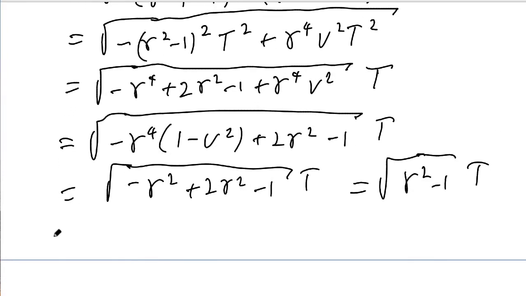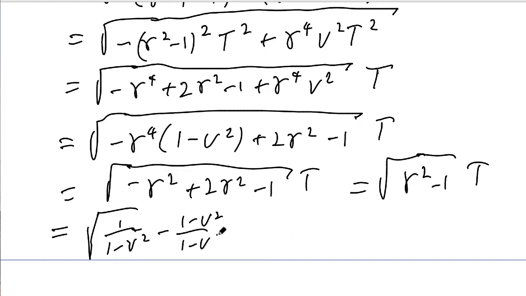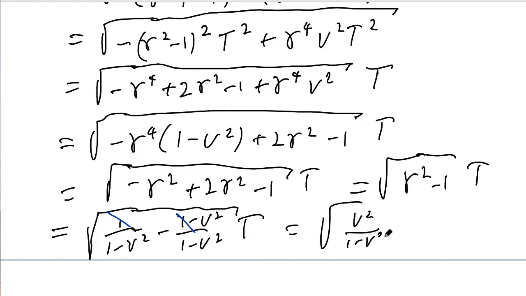And we can further simplify that by just using the definition of gamma. So the definition of gamma is 1 over the square root of 1 minus v squared. So gamma squared is 1 over 1 minus v squared. Now we subtract 1. Let's write that as 1 minus v squared divided by 1 minus v squared. Now you can see that this 1 cancels this 1, minus sign and a minus sign gives us a plus sign. So this is the square root of v squared over 1 minus v squared times capital T,